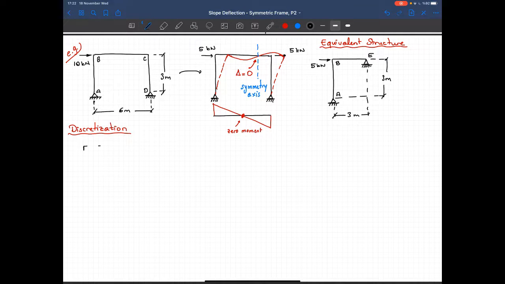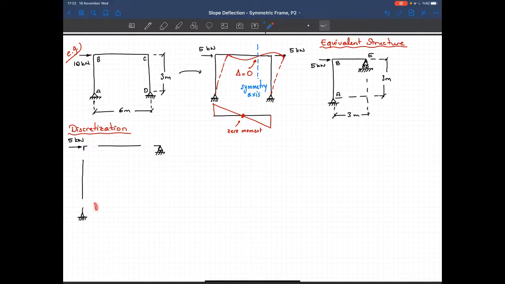So we have a node, member, and sorry, I made a mistake here. This is not a pin support because it should move in the horizontal direction. That should be a roller support. Now that's our equivalent structure. Sorry for that. So I put a roller support here, column, a pin support here. And I got 5 kilonewtons